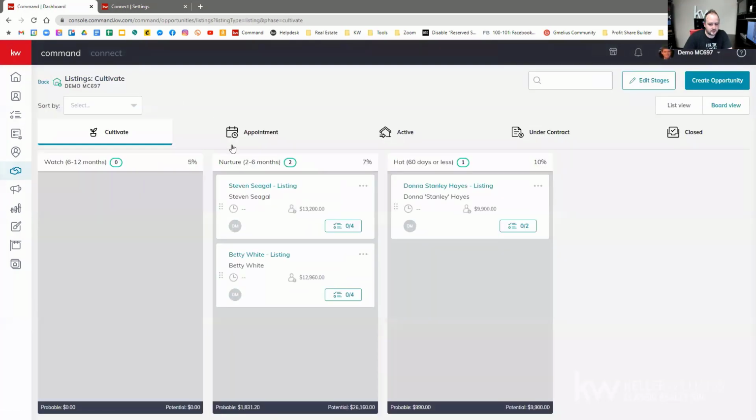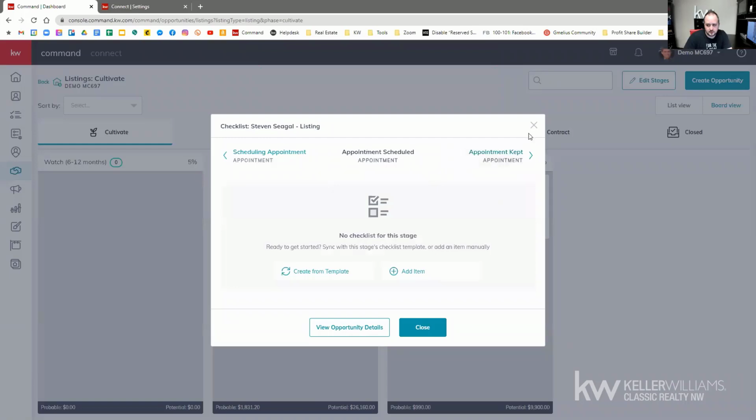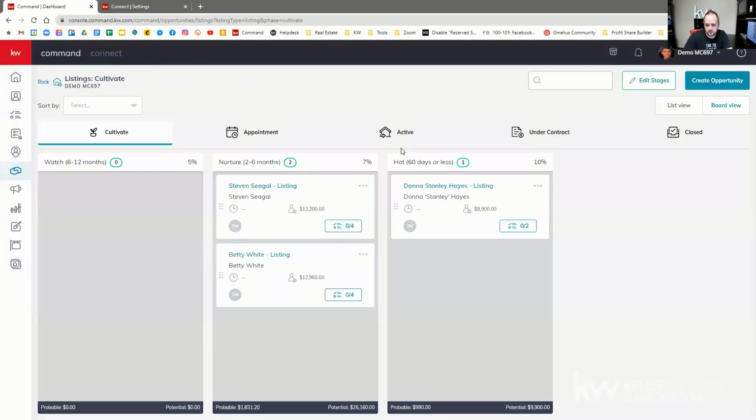So if I go back to my list here, I have this checklist item. They're only going to get it on the ones that I have it turned on for, because I don't need them to see that I updated the smart plan. I don't need them to see that I completed a follow-up call with them. However, if I go